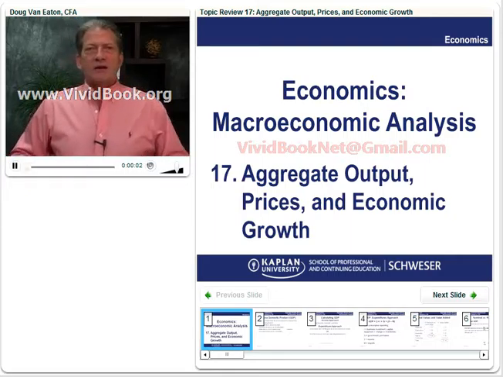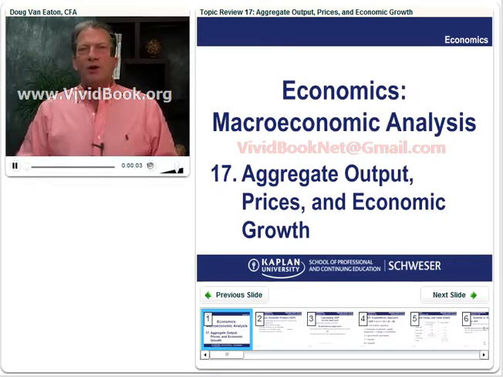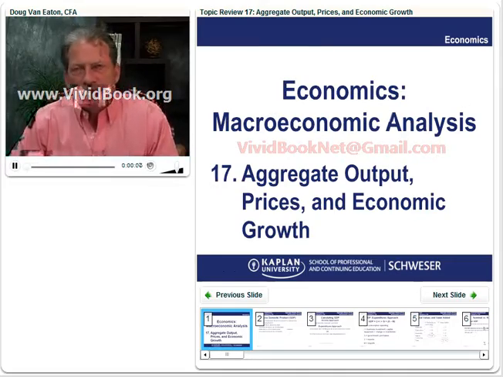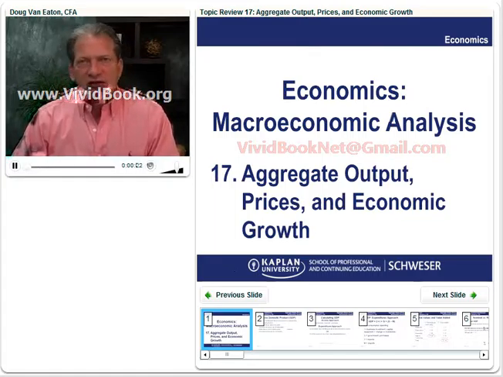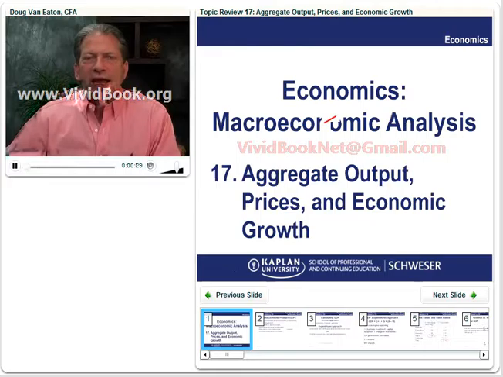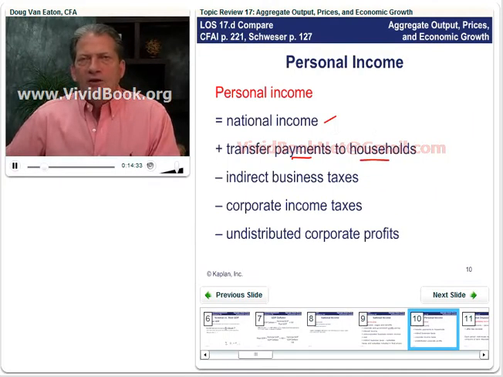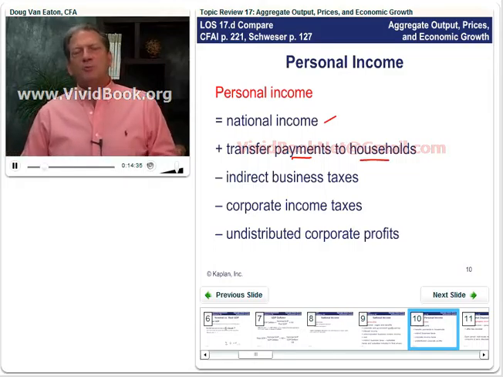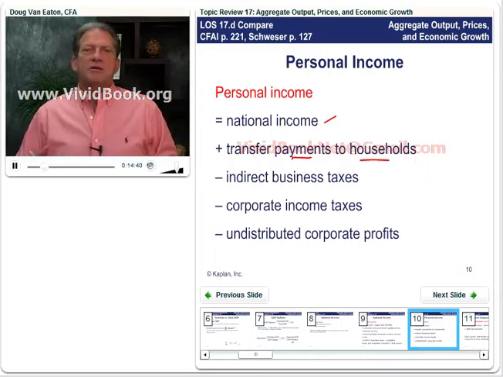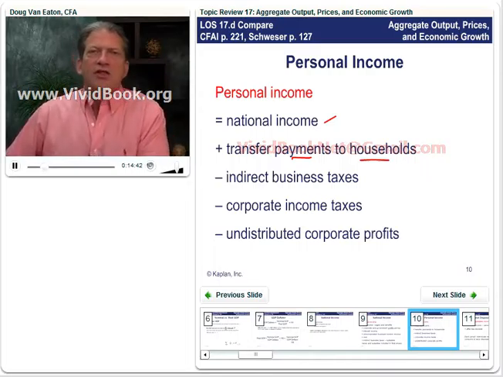Well, our reading here, aggregate output prices example where the government spending encourages the production of ethanol to mix with your gasoline. Okay, personal income is national income, that whole list we had, plus transfer payments. So transfer payments to households end up as personal income. So if you're getting a Social Security benefit from the government, an unemployment benefit from the government, this goes into